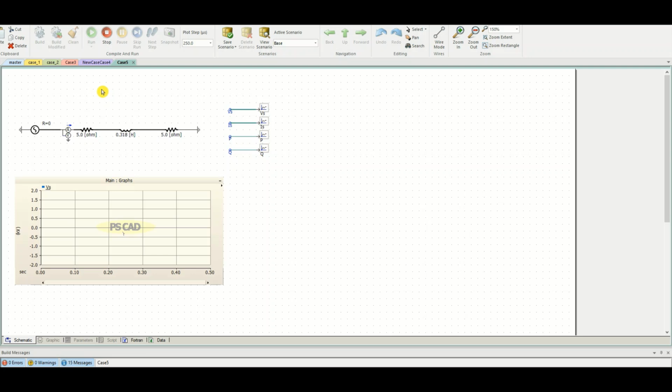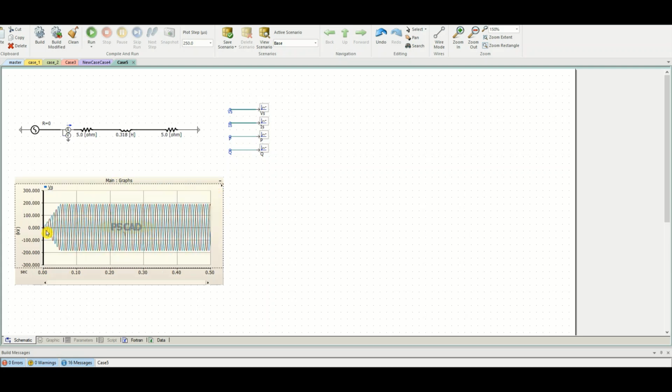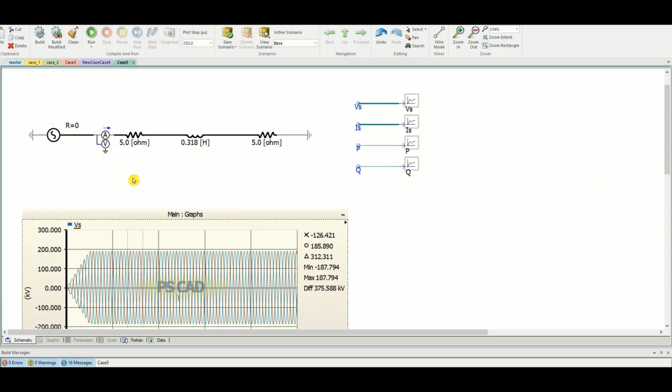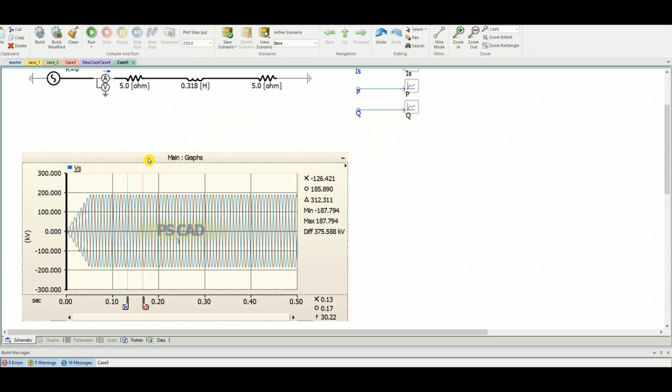So the software is running now, it is simulating. Yes, now we have got something. Let's reset this and measure the values. So if you closely look,